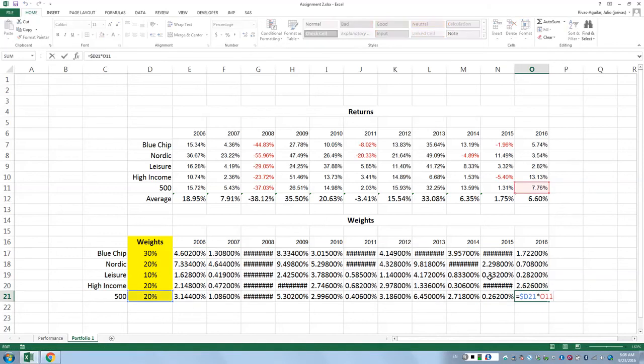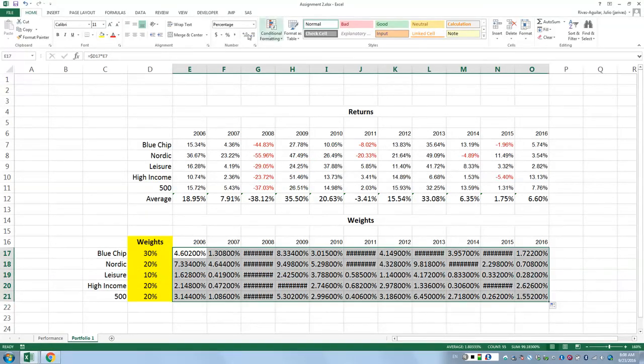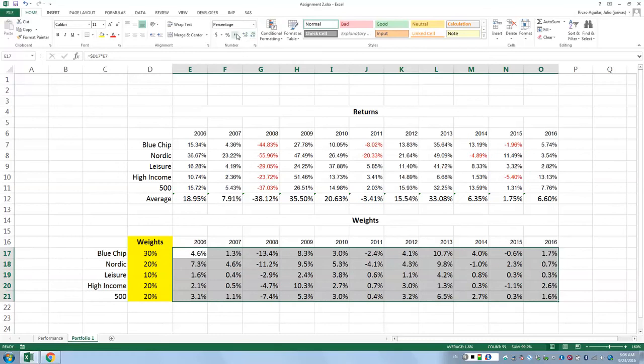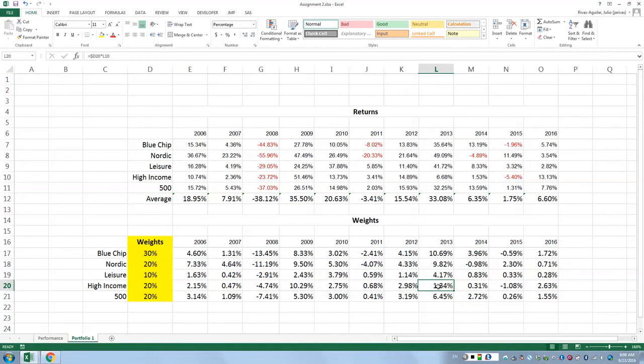Boom, right? All of the formulas are working. So you see, we keep the column, we change the lines, and this is consistent. 2009 leisure, 2009 leisure. Perfect. I would go and select everything and reduce the number of decimals. I will leave it with 2 decimals, just to make it a cleaner display.